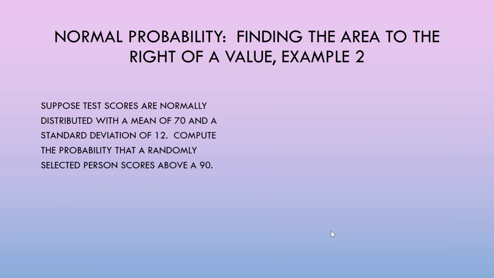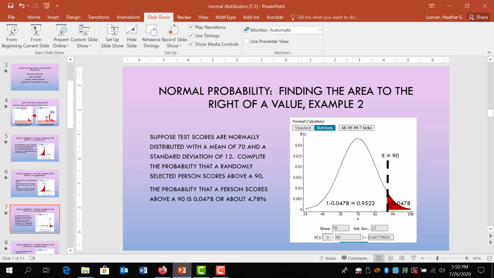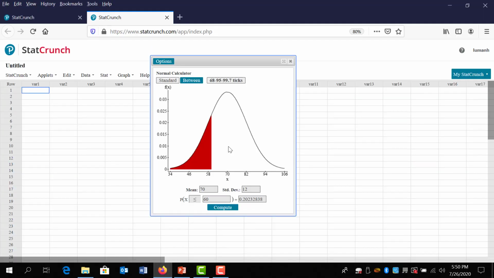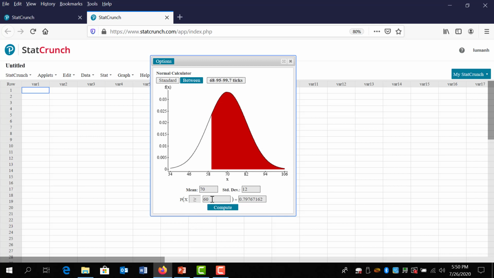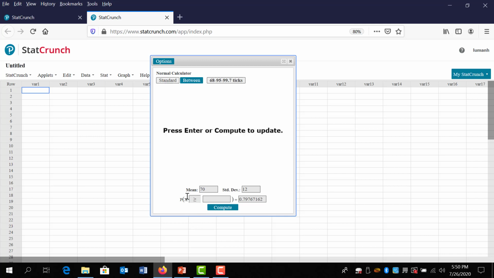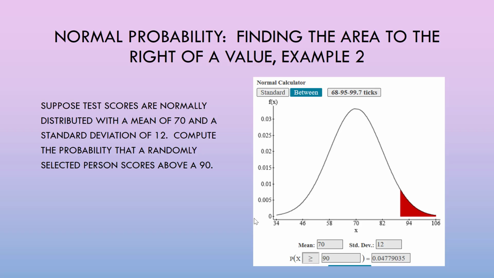Example 2. Compute the probability that a randomly selected person scores above a 90. In our calculator, we need to change two things. First, if we're doing above a 90, we need to change our inequality symbol. Then, we need to clear this value and put 90 in instead. According to these results, the probability that a person scores 90 or higher is about